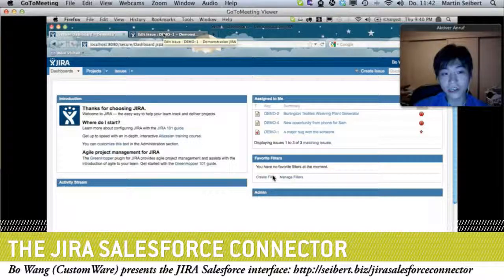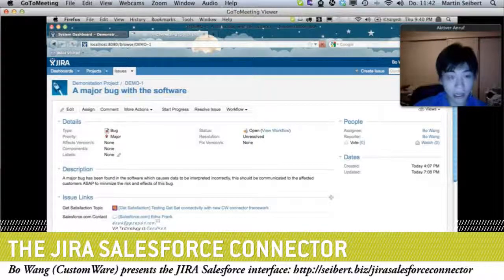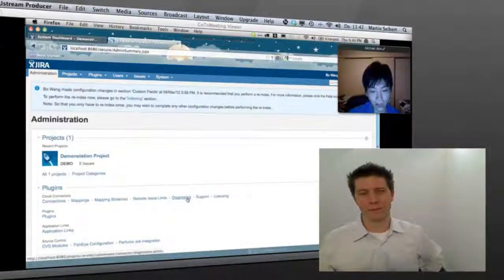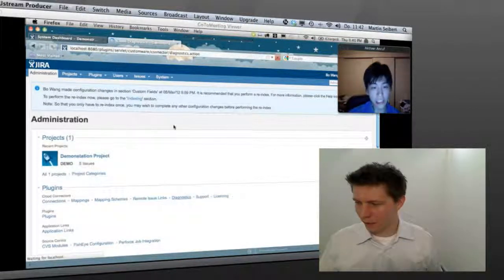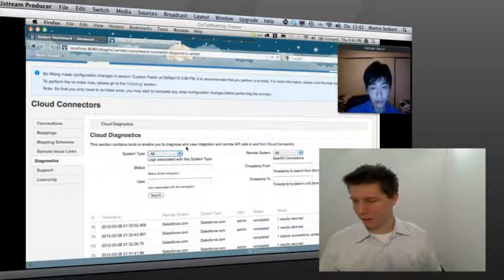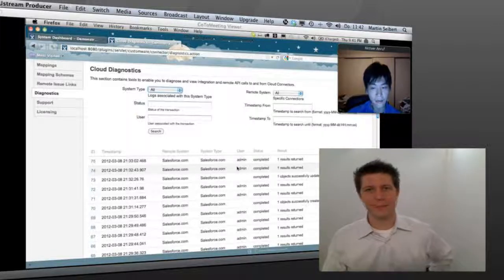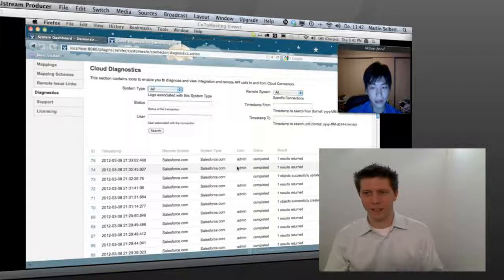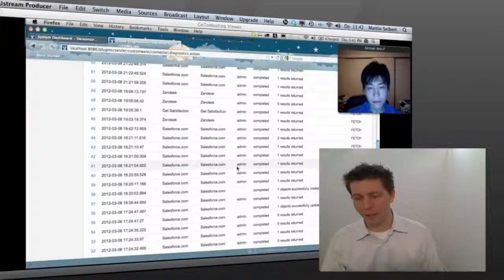However, if there are issues as part of the mapping configurations, there are actually ways of diagnosing that. So I'll jump to that for now. Here you can see diagnostics. This is our transaction tracking service, which tracks every single request, both incoming and outgoing, between the two systems, and the user that triggers it. And you can see errors there and so on. Could you repeat that? And you can see the errors there also? Like if I have